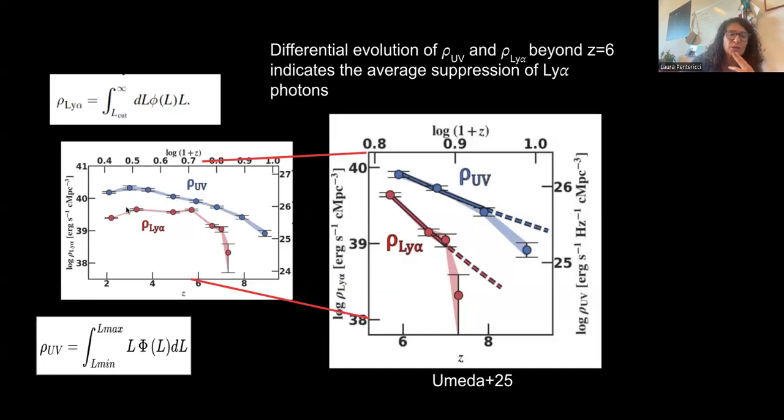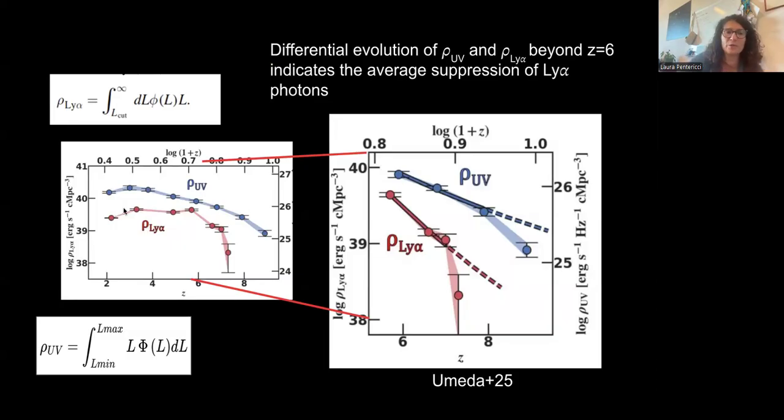So what you see here is basically the fact that the ratio between the UV photons and the Lyman alpha photons stays more or less constant, actually reaches a peak at redshift around 6. You see that at redshift around 6, the two points, the blue and the red, are the closest, which means that basically you have more Lyman alpha per UV photon, okay? What does this mean? This means that in general, galaxies at redshift 6 have a lot of Lyman alpha. So you tend to see Lyman alpha from many sources, okay? More, for example, than at redshift 2, because you see at redshift 2, the blue and the red are actually